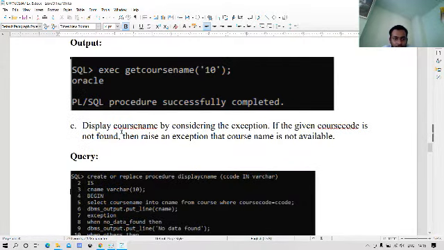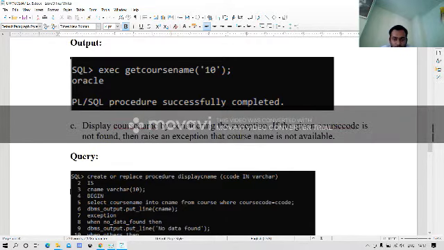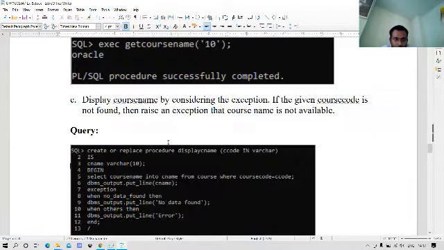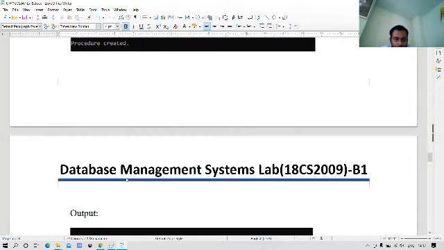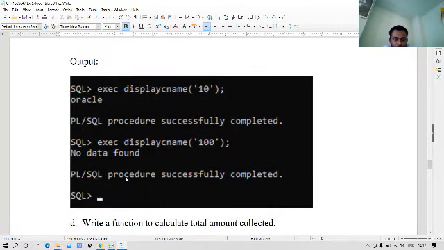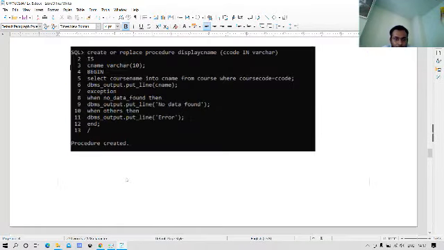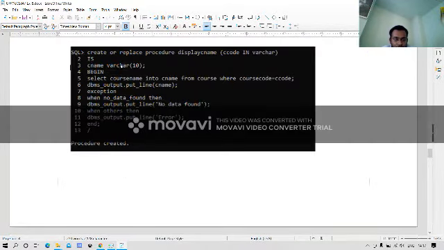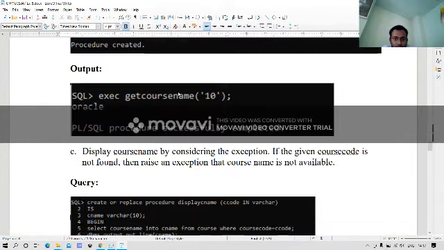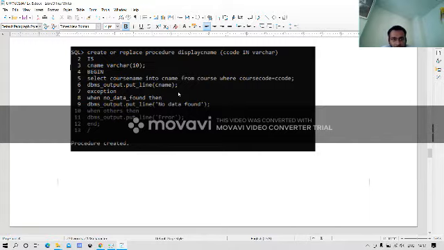And here we have to display the course name by considering the exception. If the given code is not found, then raise the exception that course name is not available. So here we give cname. It is similar to the above program, but here we have to do some modifications.